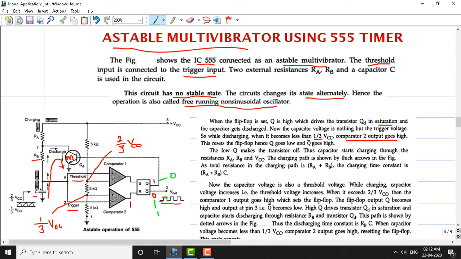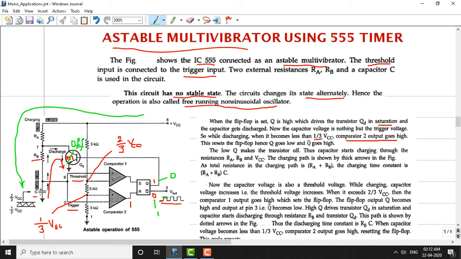The low Q now, low Q is very important. Now low Q makes the transistor off. So you can see we have seen here this output, the Q changes to 0. Now 0 goes to the QD transistor input. Now QD is not on, it becomes off. Once QD becomes off, the capacitor is disconnected from the ground. The capacitor gets a path to charge. So the capacitor charges via this path here. Okay, so the capacitor gets a supply source, so it gets charged here. So the low Q makes the transistor off.